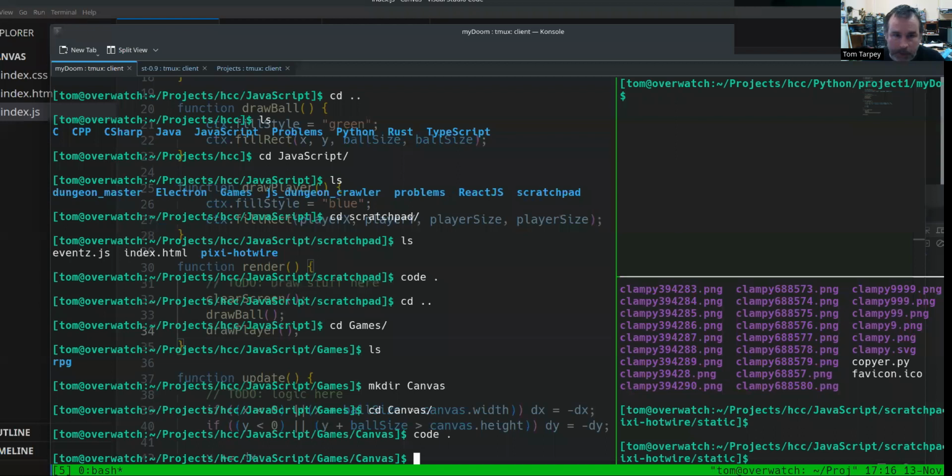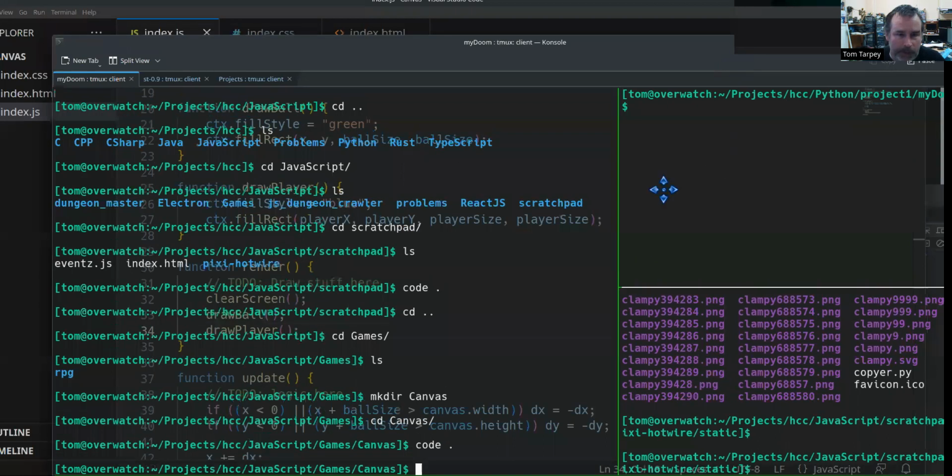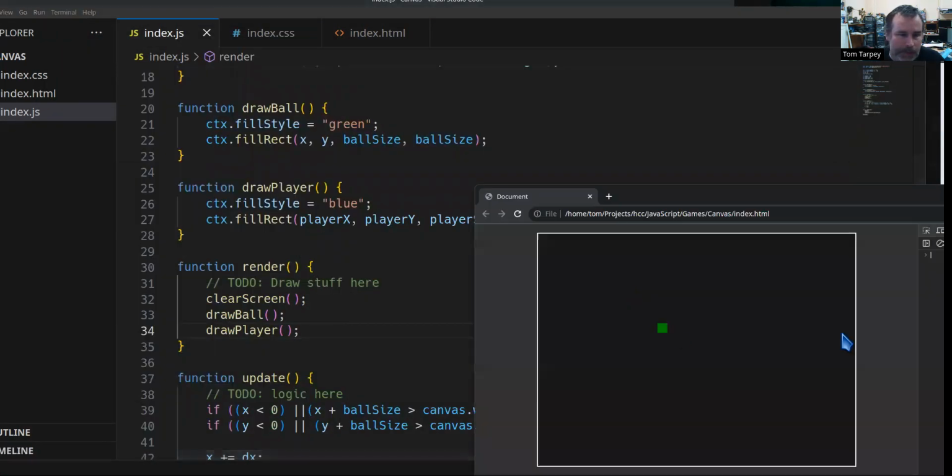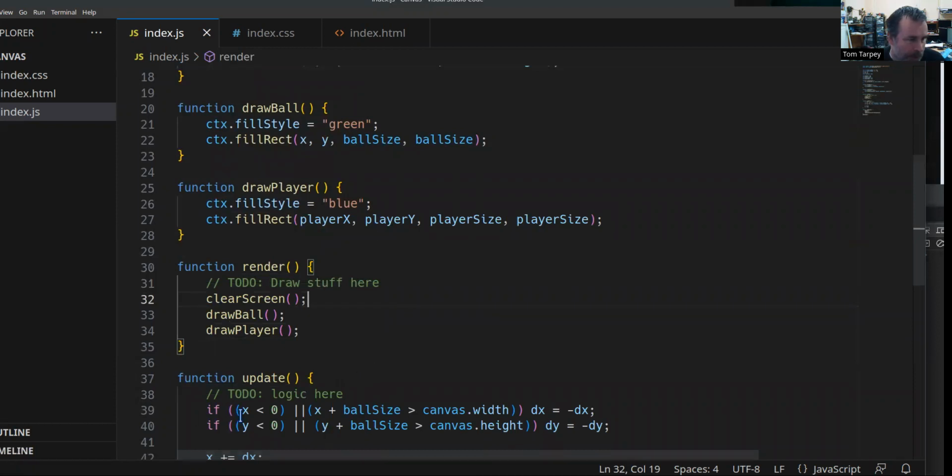So let's take a look at that. Oops, let's move this out of the way. Let's take a look at this. So refresh the page, and we have a player. We can't move him via any means specifically yet, but we have a player. It's rendering to the screen. So now, updating the player,